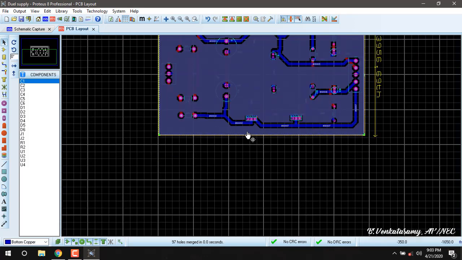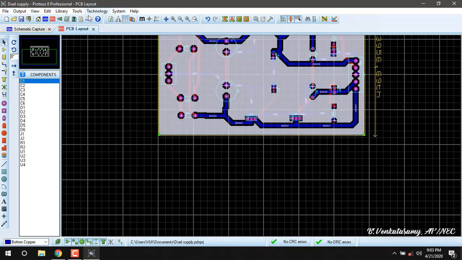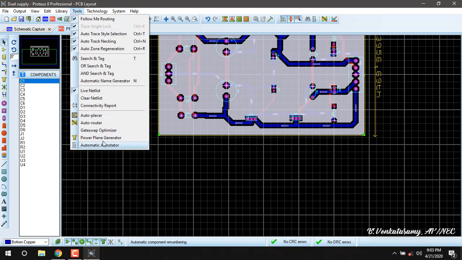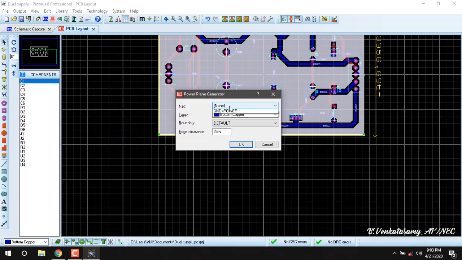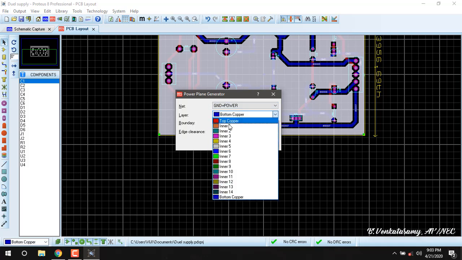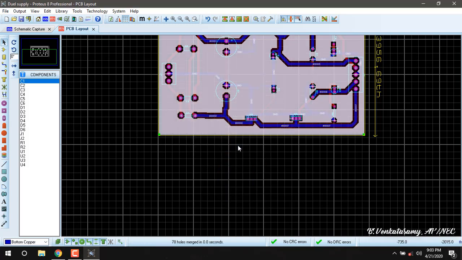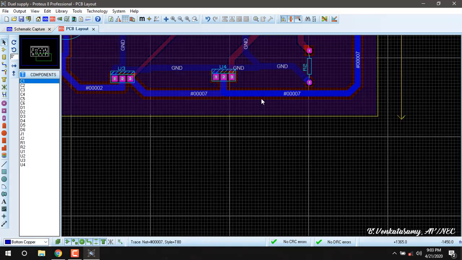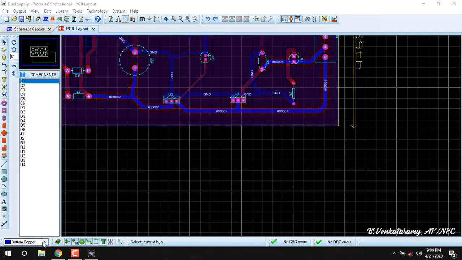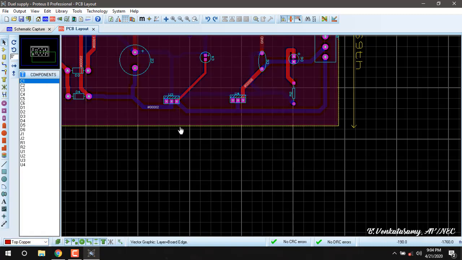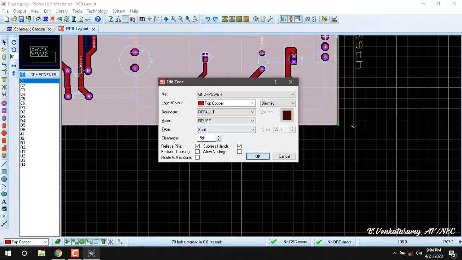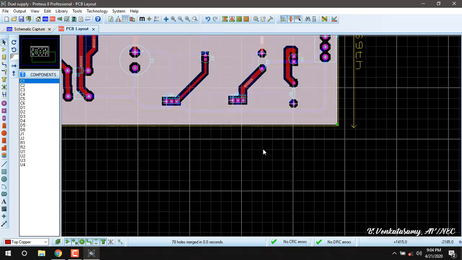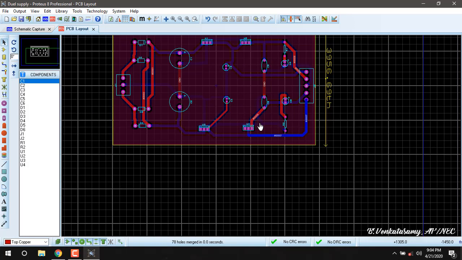This is for the blue color lines, bottom copper. For top copper, again go to power plane generation, click here, ground is equal to power, top copper, press OK. Now the red color also appears. Now the PCB has been completed for double layer also.